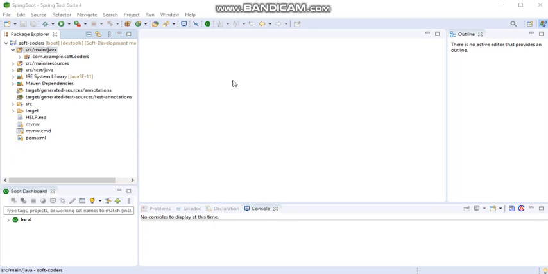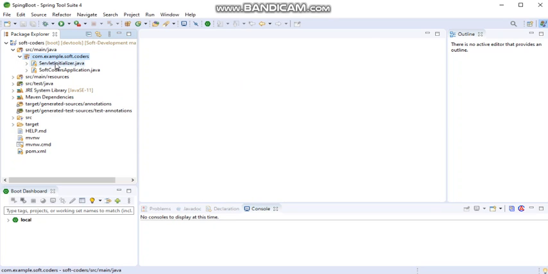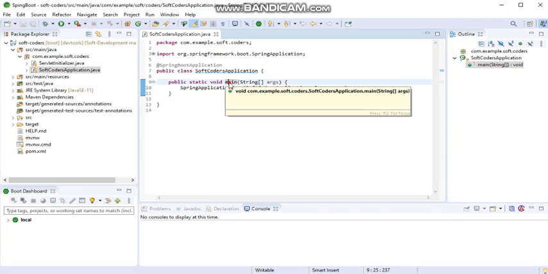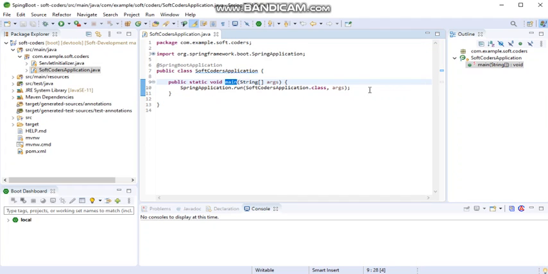So this is the base package, and inside it you can see two classes already created, ServletInitializer and SoftcoderApplication.java. This is the starting point of the application. Generally this class is created with a main method. You can see the main method inside it, and this is the starting point of the application.